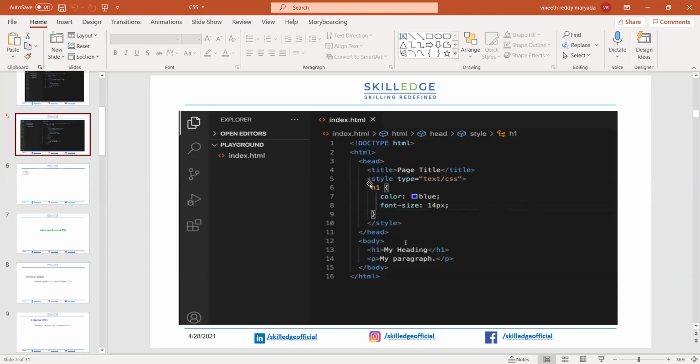It can be a name, it can be anything. It's just a type or an ID that we have to apply CSS over that particular ID. It's just an ID to identify that we are applying a color for particular tags.